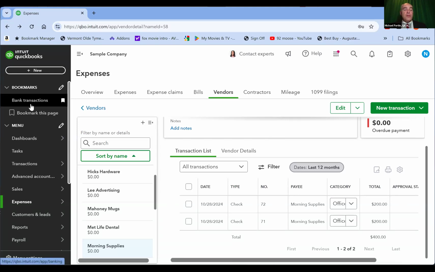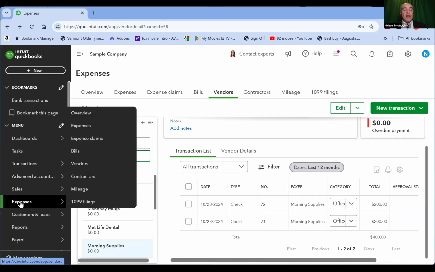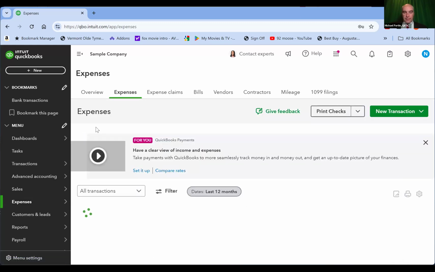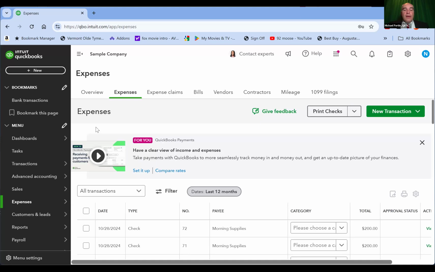And I'm going to use the left-hand menu under Expenses. And as I hover over Expenses, I'm going to go to the next menu over, and I'm going to click on the second item from the top, Expenses. So within the Expenses form, you'll also notice the first 2 items that come up are the checks that I just entered from the Write Checks window.